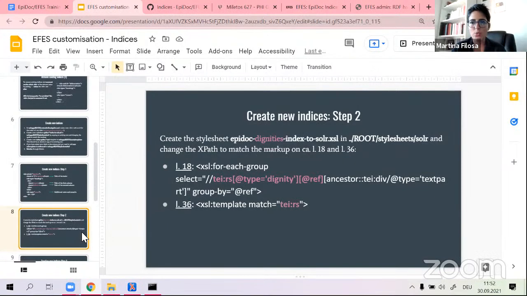And this has to be in webapps root stylesheet solr. We also have to change the XPath to match the markup. And these changes that we have to make are circa line 18 and line 36 of the file. And now we shall see. And this is the way we have to change our markup in order to match the markup of our XML